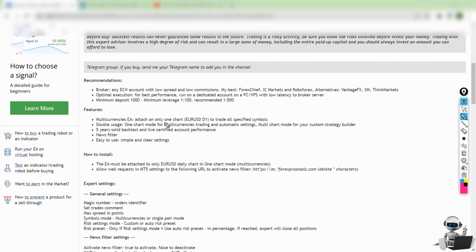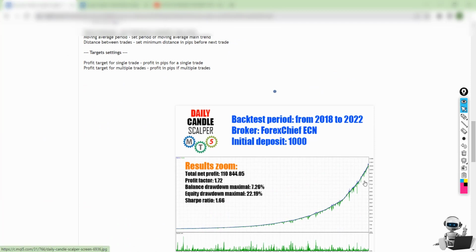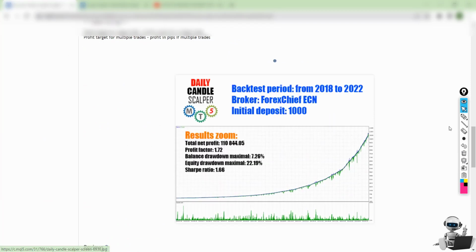This is a one-chart EA, so you only attach it to EURUSD and it will trade all the other currencies. We have a news filter as well. This is very important. You can see this is the advantage of this EA, but at the same time we have some disadvantages. So he is backtesting the EA from 2018 to 2022 with an initial deposit of $1,000, ECN account,